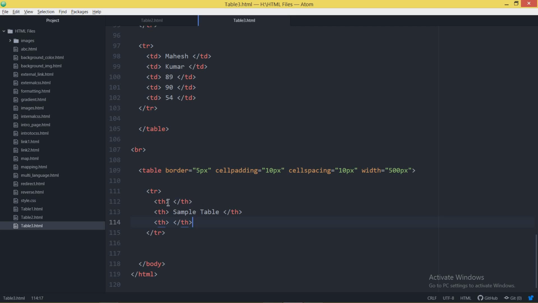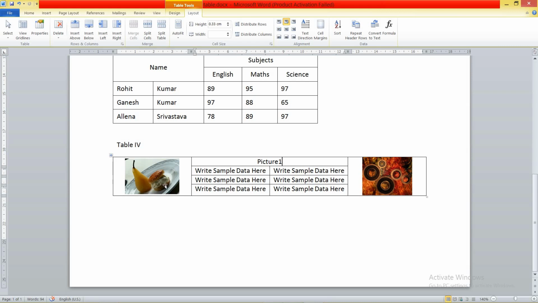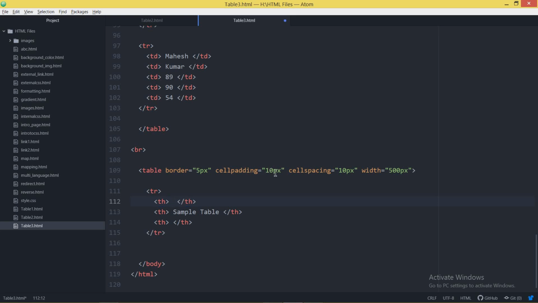Now in this particular cell I want to place an image, and you all know how to place an image within a web page using the image source. img is the tag, src is the source, and within the double quotes just mention the name of the file which you want to set, that is the name of the image. I have placed all the images within this images folder. Let it be food1.jpg, the file name I want to set, and the width I want to set is 100 pixels, and the height is 100 pixels. This is the image which I want to set.